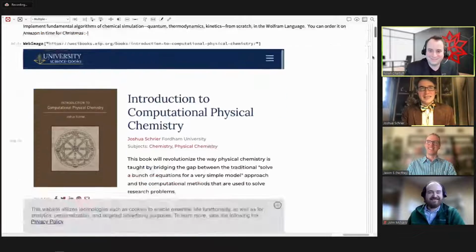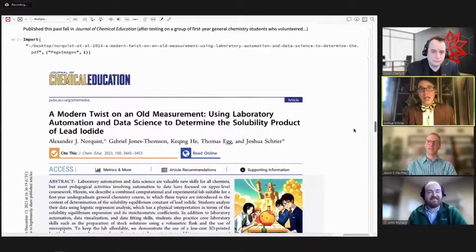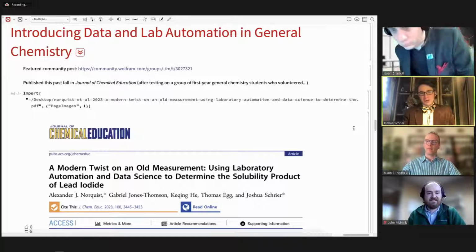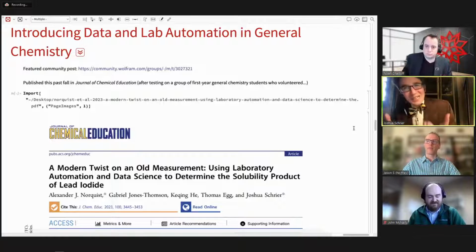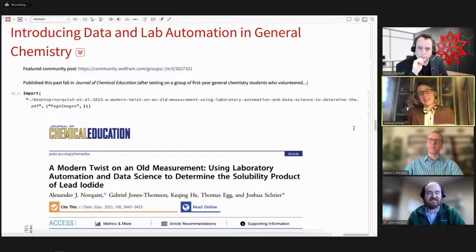But this idea of trying to work things into the general chemistry curriculum is brand new. We just tried it this past spring, so this is really brand new. All of those students are sophomores now, so we don't know how they've gone on in their career trajectory. But something that's really exciting about working these ideas early into the curriculum is that you do get the broadest cross-section of students. The students that take general chemistry